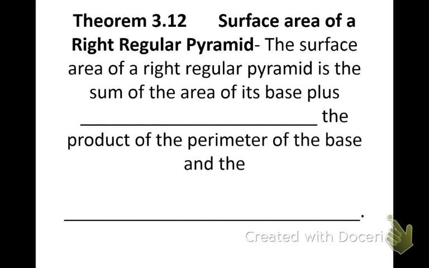Okay, now going back to pyramids, the general formula for the surface area of a right regular pyramid is the sum of the area of its base plus half the product of the perimeter